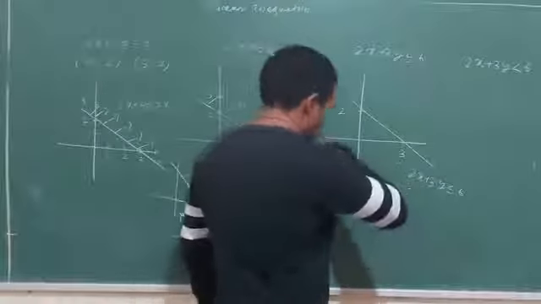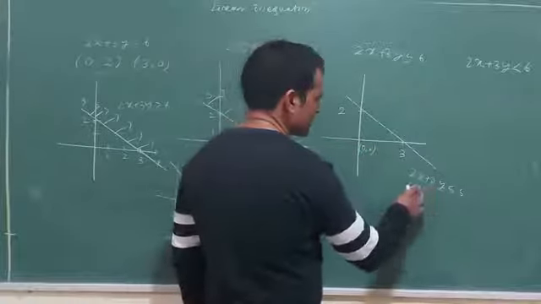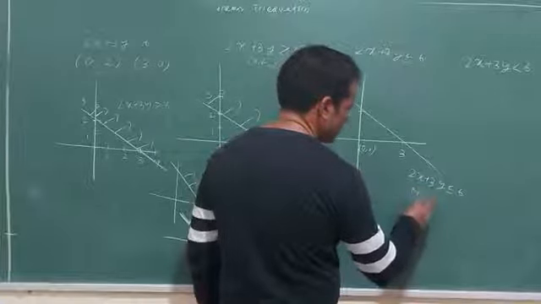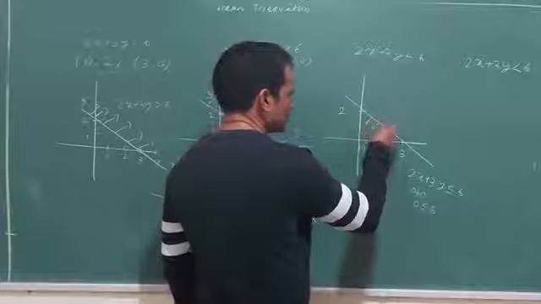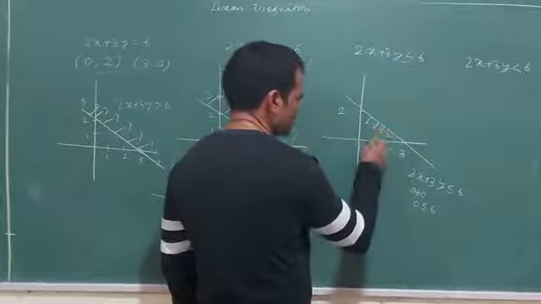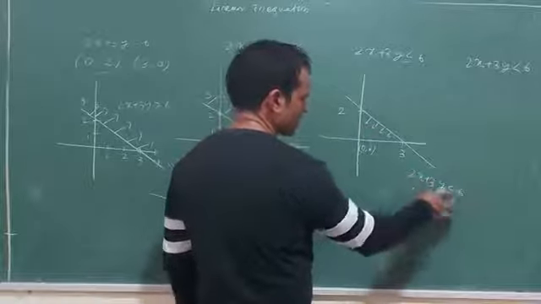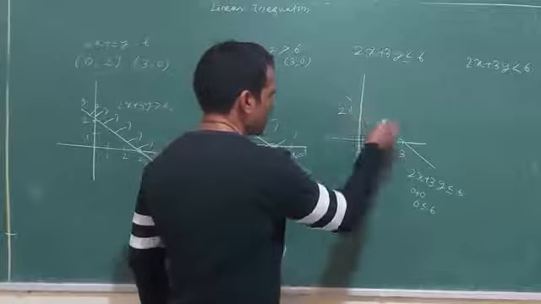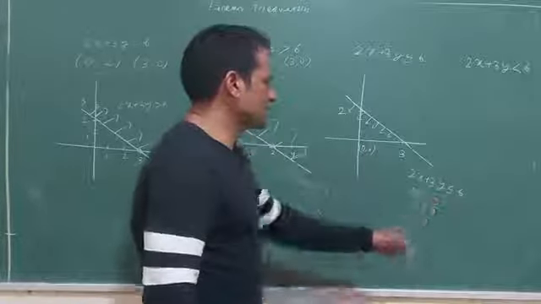In this case, this is the origin. The origin is going to satisfy this line. You can replace 0, 0. That comes 0 plus 0, 0 is less than or equal to 6. Yes, 0 is less than 6. That means the line's movement is towards the origin. If you want to consider, suppose 1 is here, 1 is here. Replace the point 1, 1 here: 2 plus 3 is 5, and 5 is less than 6. That means 1, 1 is also satisfied. That means the shading is coming towards the origin. So this is a little bit dark, and this will be 2x plus 3y less than or equal to 6.